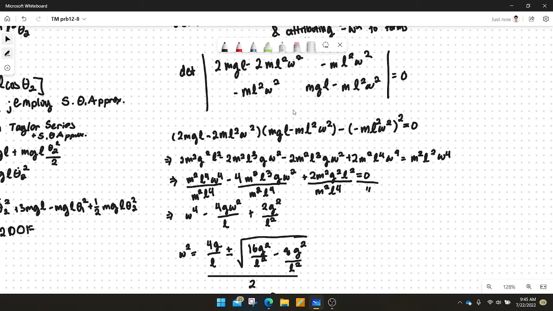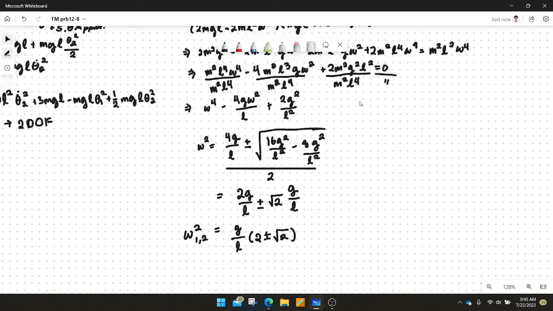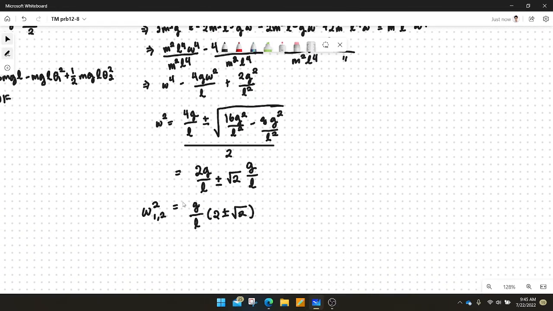Getting the determinant, we get the square of the natural frequencies. These are the actual natural frequencies, because if we square root these further, we get plus minus square root of g over L times 2 plus minus square root of 2. And then the only valid natural frequencies are